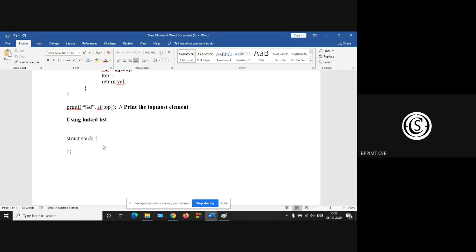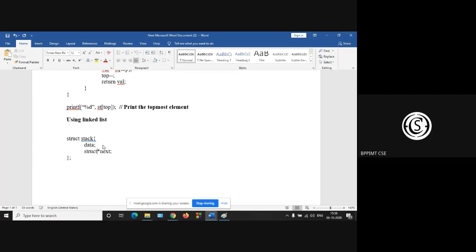As we are dealing with single linked list, so there will be two parts, the data part and the second one is the pointer part. Now again, linked list is the self-referencing data structure. So every node in the stack has two parts, data part and next part. That next part is pointing to a self-referencing structure.